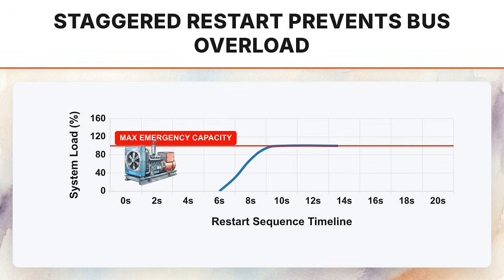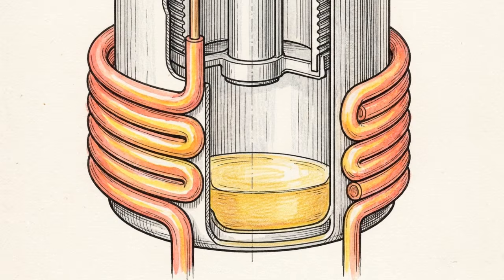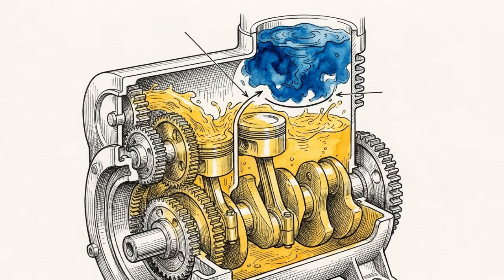This graph plots the solution. The units require fast auto-restart capabilities paired with a staggered staging timeline. The controllers hold back the mechanical load, stepping it up incrementally only as the emergency generator frequency curve stabilizes. During these rapid emergency startups, crankcase heater sequencing is vital. Fast-acting heating loops pre-warm the oil during standby states to protect the compressor mechanics from destructive liquid slugging when the